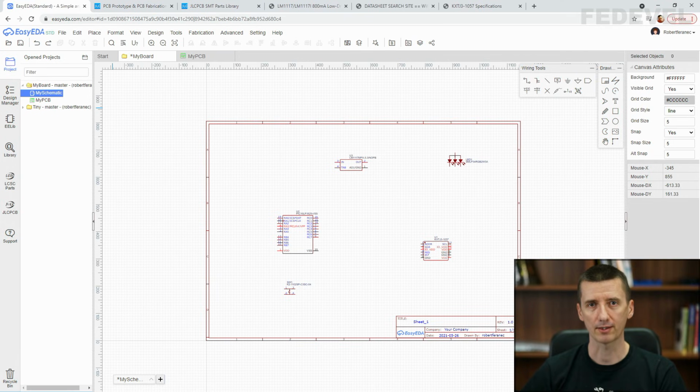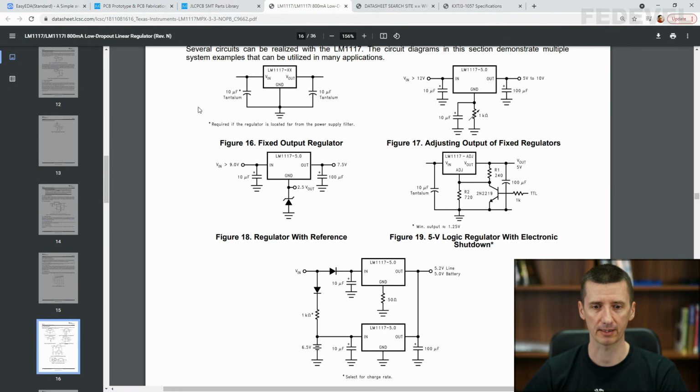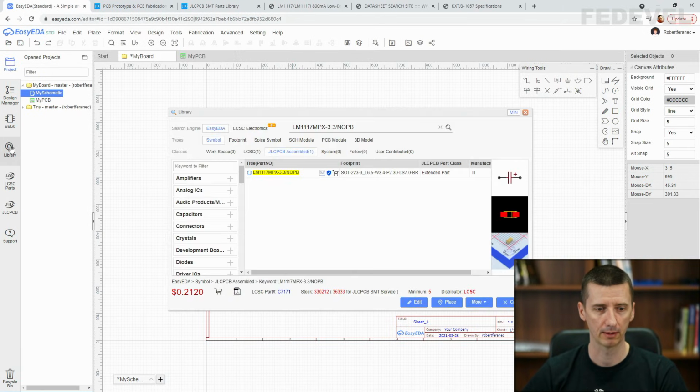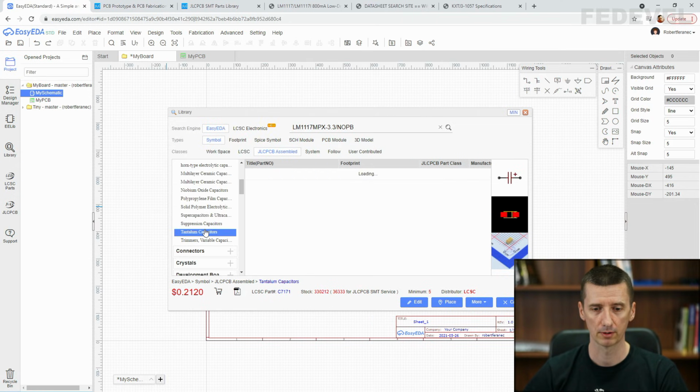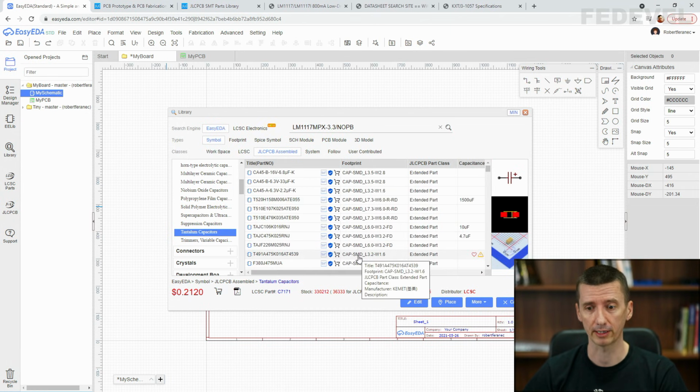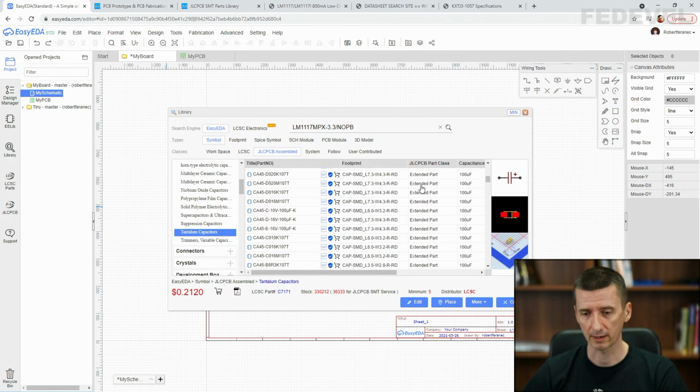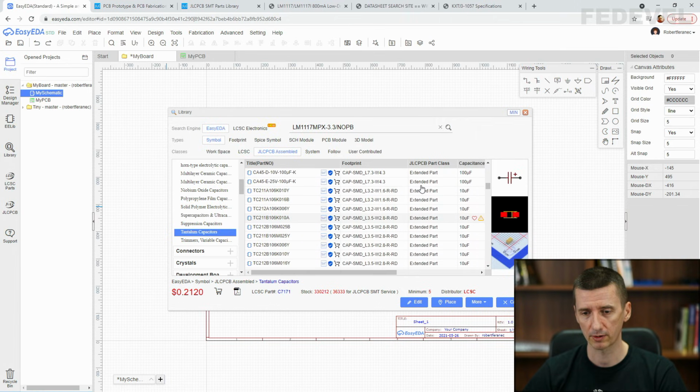We would like to place also the 10 microfarad tantalum capacitors, you know, these capacitors from the reference schematic. So in our schematic, go to library, left click on capacitors, left click on tantalum capacitors. Once you see the list of the capacitors, order it based on the capacitance. Left click here. Scroll down, find the 10 microfarad capacitors.